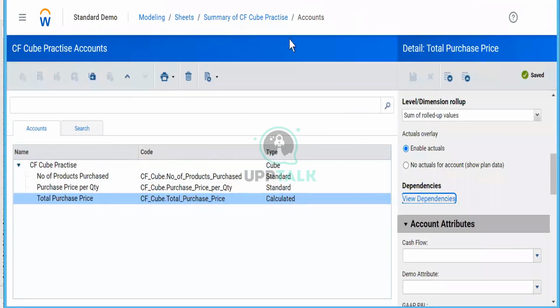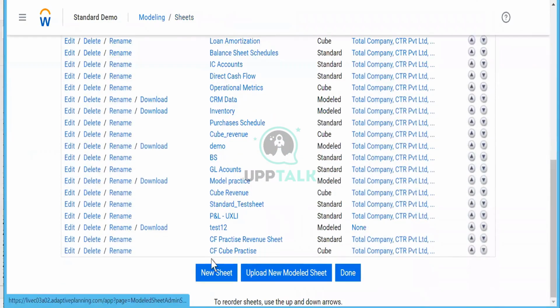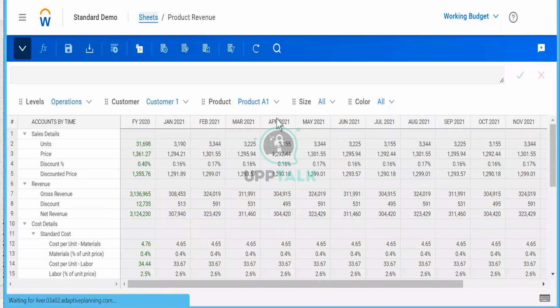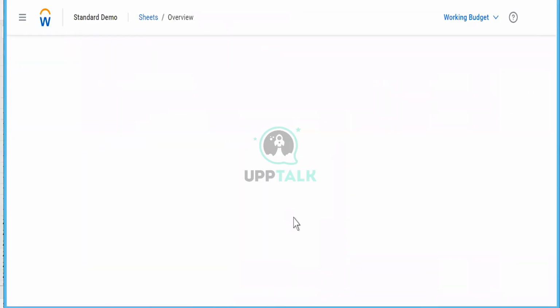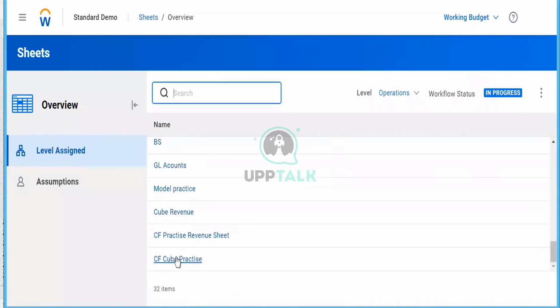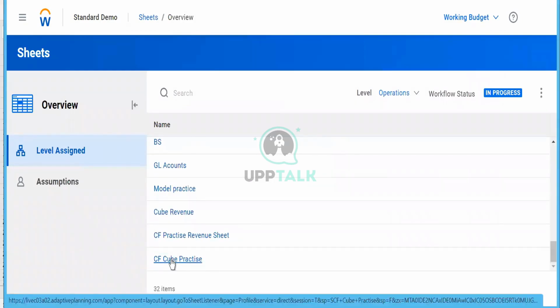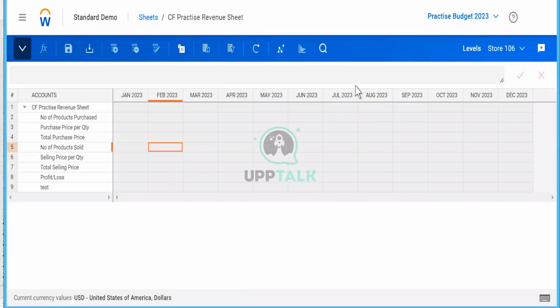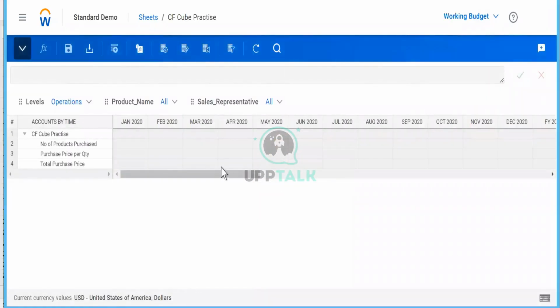Now let's see if we have completed the sheet or not. Is it reflecting here, SafeQ practice? We have built the practice sheet. We have built a cube sheet also. Let's say I'm going to open this here. Let's say it's visible here, right? SafeQ practice is there. Now you will understand the difference between this standard sheet that you built on the same model and this standard sheet which you have just now built.